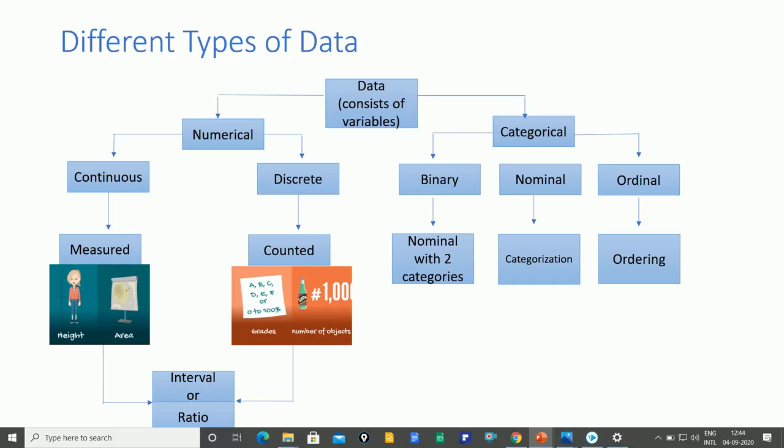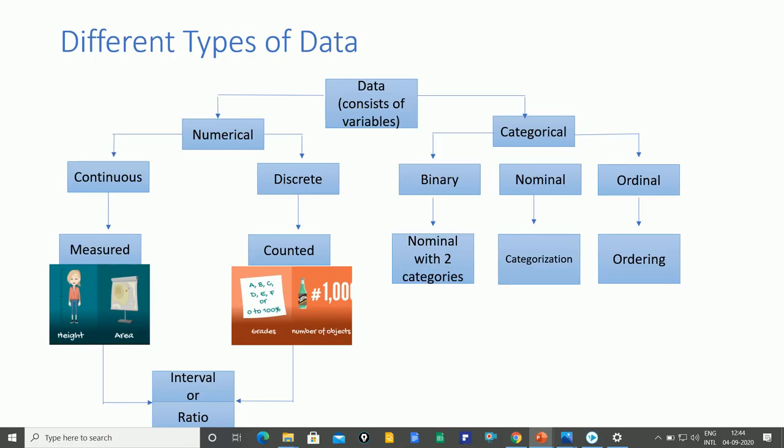Now, what is continuous type data? Data which can be measured. So here we attach the term measure with continuous data. That means continuous type data can have fractional values. Example could be that of height. So we can use the term that the height of the person is 5.5 feet.